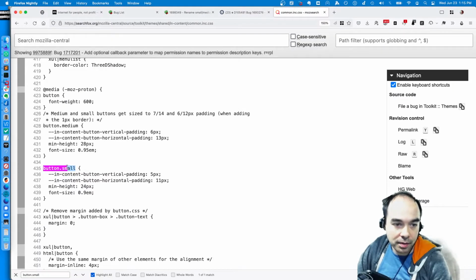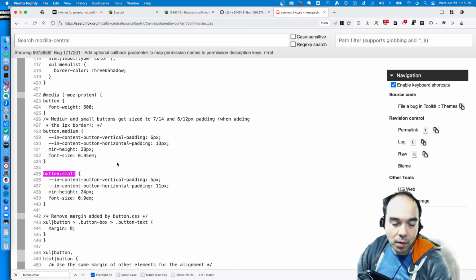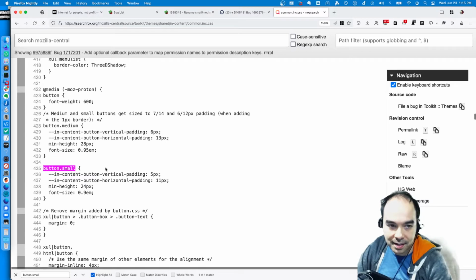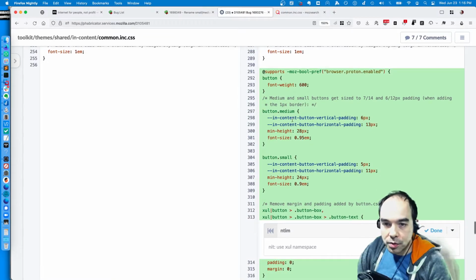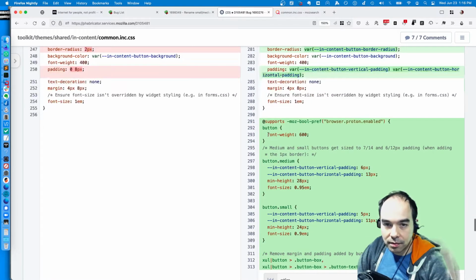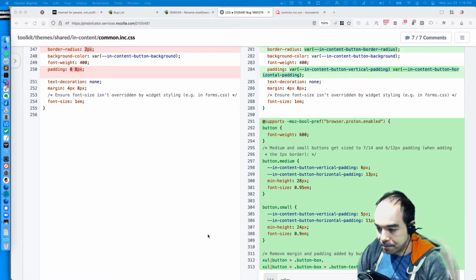Just in case we end up having a class called small or medium that we don't want to apply to anything. We want this just to apply to buttons. So I think he's wanting us to be a little more consistent and more precise with the class name. Okay. What uses these classes? So this is for common.inc.css. This style sheet is what powers a lot of the built-in